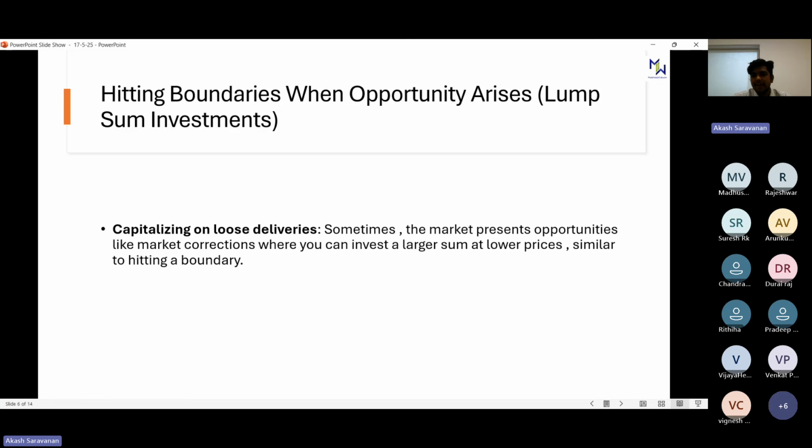So just like that, you can do SIP when you couldn't find clarity or opportunity, and whenever there is a market downfall, on correction days, even if the market corrects by, let's say, 3 or 4%, you can do small lump sums, which can also contribute to your investment return, because what you do on days like this actually matters the most. So now you can connect it, right? A combination of SIP and lump sum is what works best in the long run.